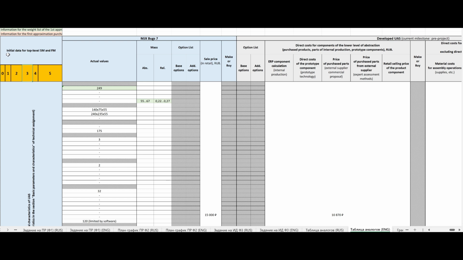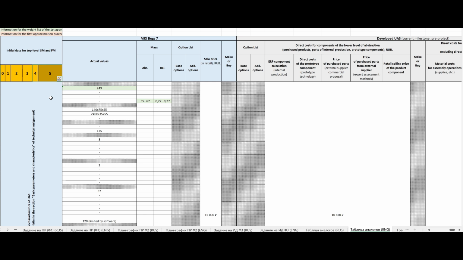In more detail, the logic of assigning components to certain levels of abstraction, as well as their display on S and RQS and 6S diagrams, will be described in section 7 on the formation of the unmanned aircraft system structural model. We only note that on the 4th and 5th levels mentioned above, mainly purchased parts, simple parts and simple assembly units consisting of from 2 to 5 parts are placed, for which the value of direct cost can be taken